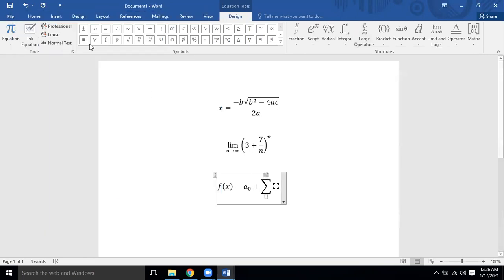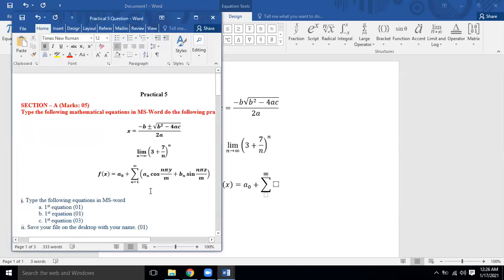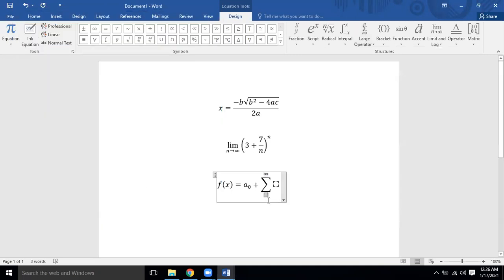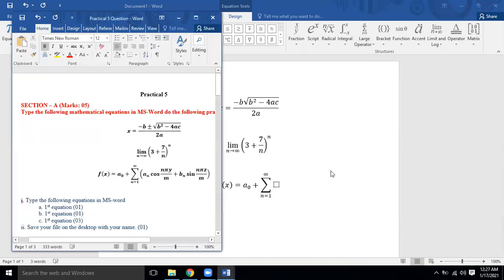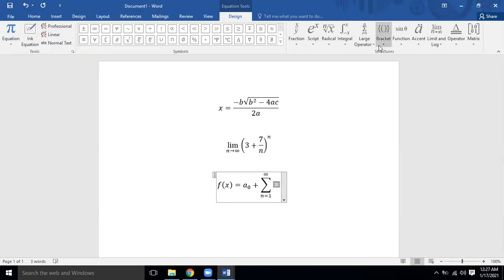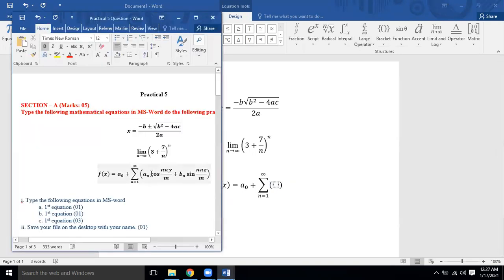Now infinity is a special symbol not available on the keyboard. We will find out over here where the infinity is. So I have taken infinity at the top. At the bottom of the summation, n is equal to 1 is there. So I'm typing over here n equal to 1. I can type through the keyboard because these are not special symbols. Now over here I will come to this large box where I need to put all the text that is in the small parenthesis. So I will go to this option. I will take this small parenthesis. Inside this small parenthesis, this box is where I will put all these options.